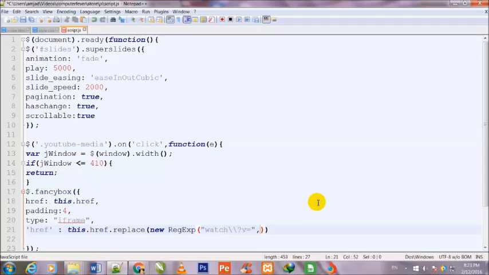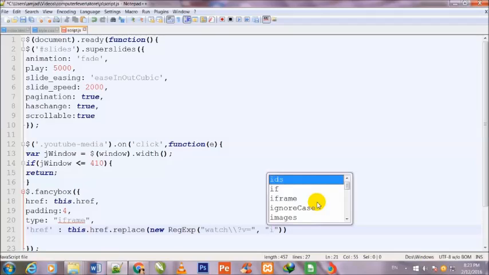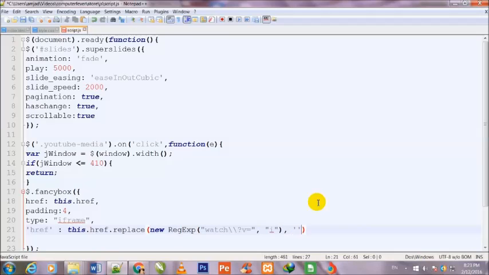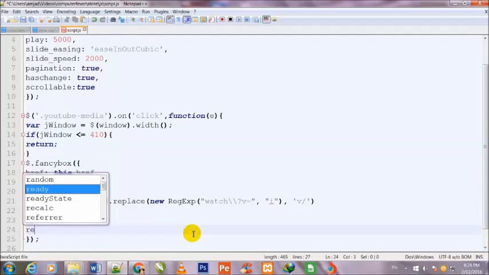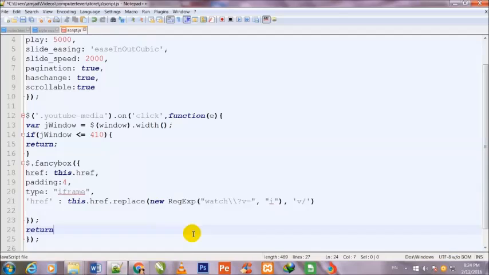Question mark v equals, comma, and then double quotes, inside the double quotes I and come out of it, comma, single quotes v slash. Now I come out of it and write return